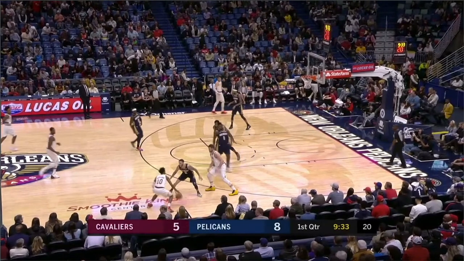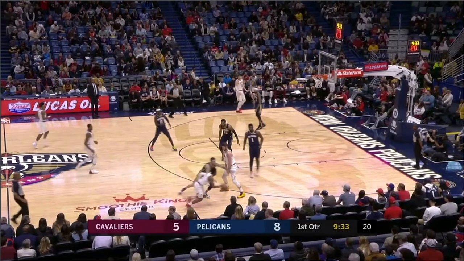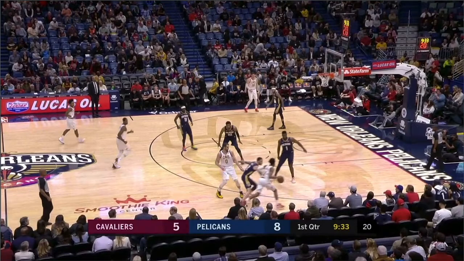So Colin Sexton should be pretty much rubbing shoulders with Kevin Love when he comes off the screen. Because the more separation you have, the less tight you come off this ball screen, the more space Lonzo Ball has to fight over the top of this screen. You see that? Get tighter off Kevin Love right here and be rubbing shoulders. So now there's no space for Lonzo Ball to be able to fight over the top.